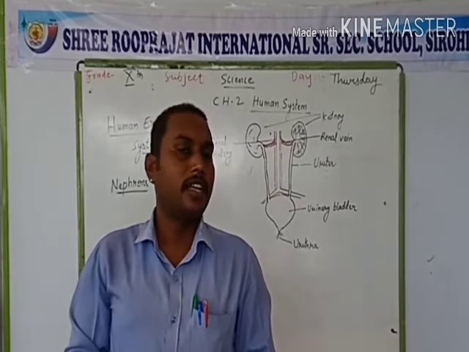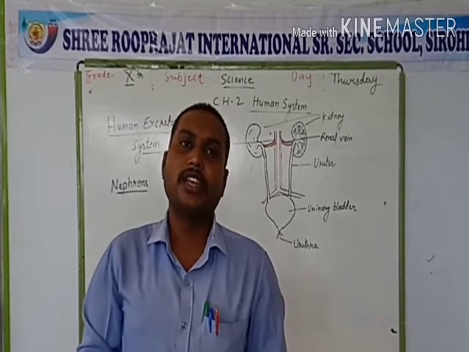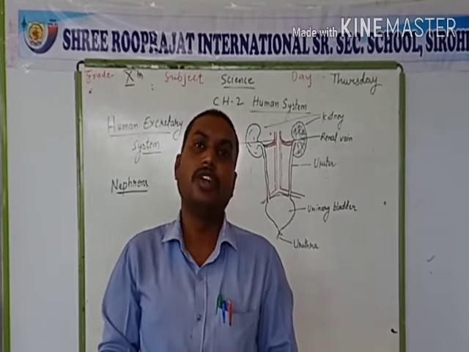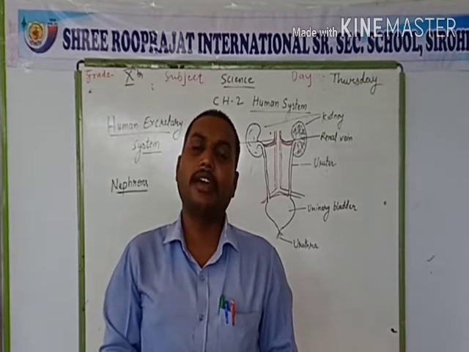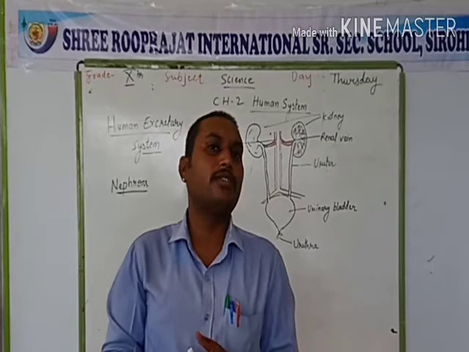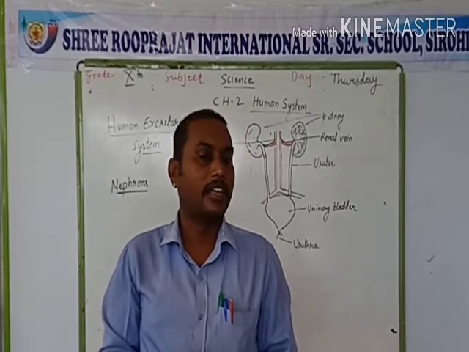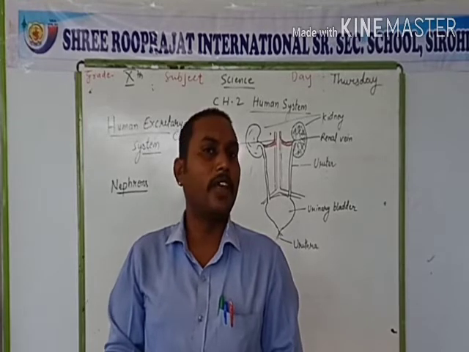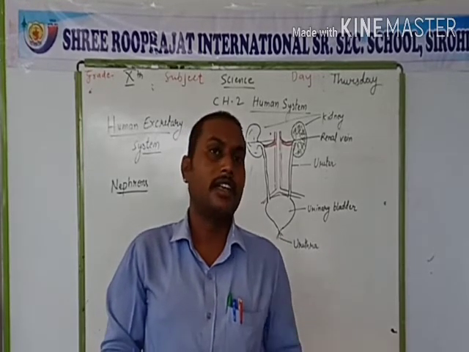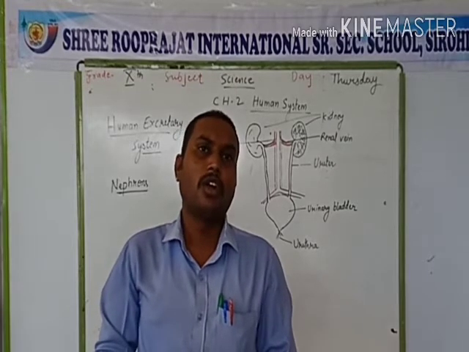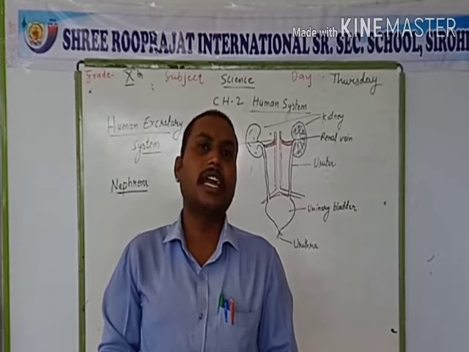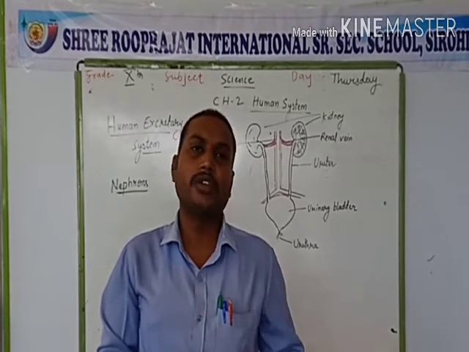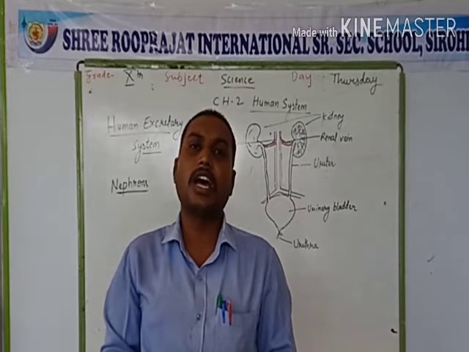This glomerulus is surrounded by a U-shaped structure known as Bowman's capsule. The walls of the Bowman's capsule absorb the liquid nitrogenous waste as well as the water from the blood. Now it is transferred into the highly coiled tubule known as the loop of Henle. In the loop of Henle, the nitrogenous waste is transferred to the bigger unit, the collecting duct, and through this collecting duct the nitrogenous waste is carried out and transferred to the ureter, and from the ureter it goes into the urinary bladder, and from the urinary bladder it goes out through the opening called